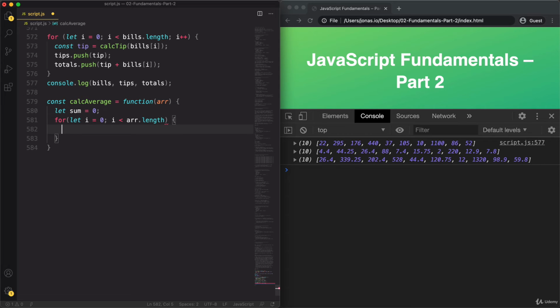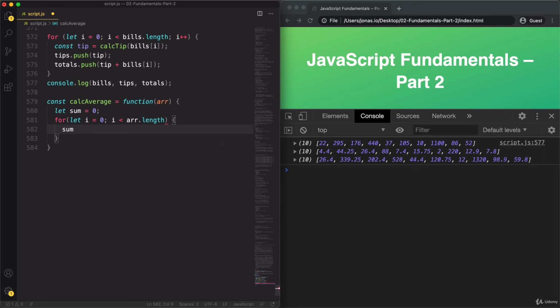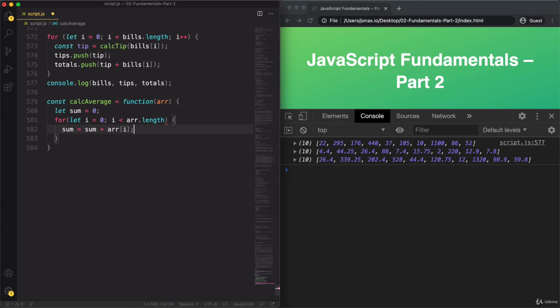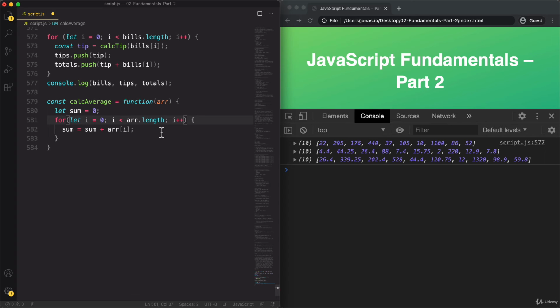And now, as I said, as we loop over the array, we will keep adding the current value to the sum. So what I mean is sum will be equal the current value of sum plus the array that we received as an input at the current position. And that's it. We're just missing here the increment of the counter, but that's easy to fix. And this one here could be even more condensed. So let me just copy this one